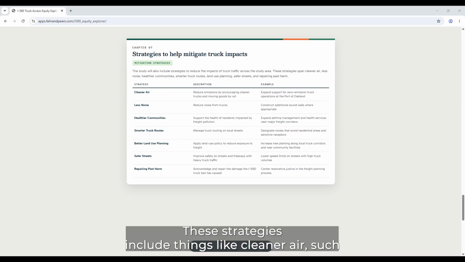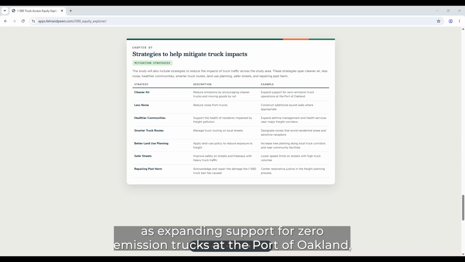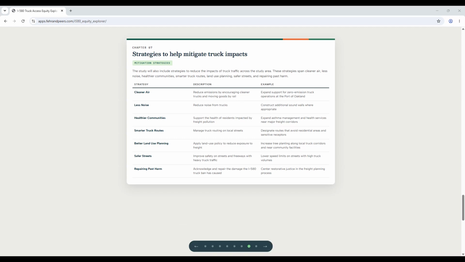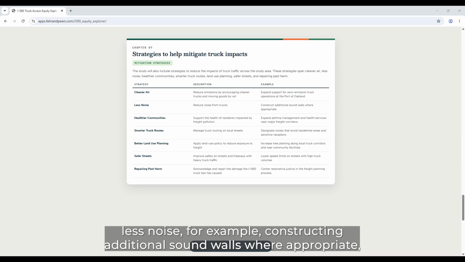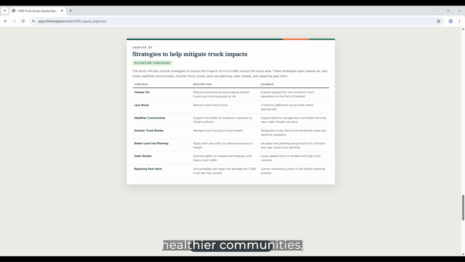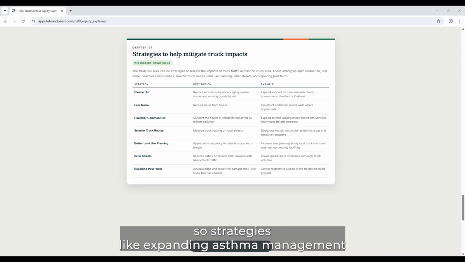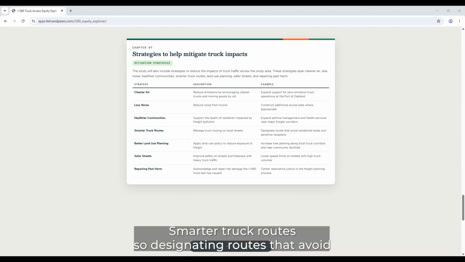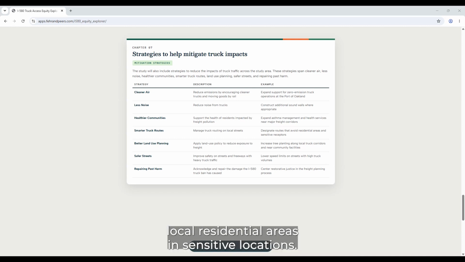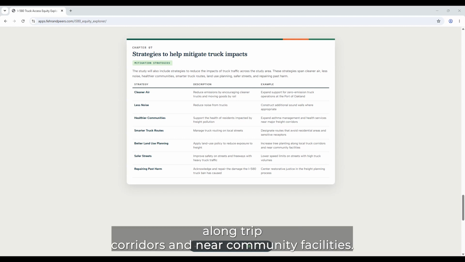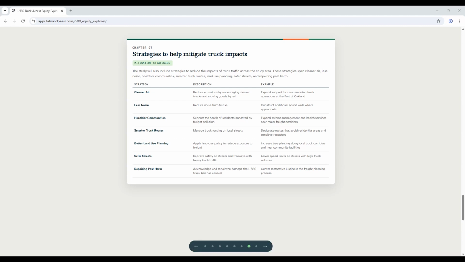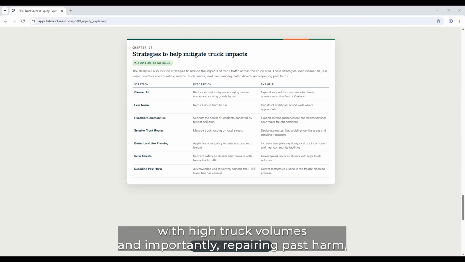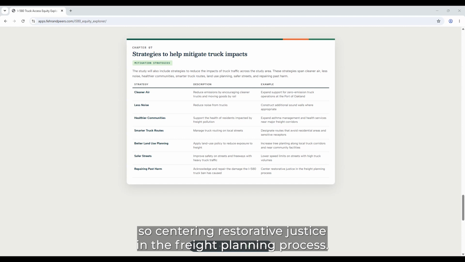These strategies include things like cleaner air, such as expanding support for zero-emission trucks at the Port of Oakland; less noise, for example, constructing additional sound walls where appropriate; healthier communities, so strategies like expanding asthma management and health services near freight corridors; smarter truck routes, so designating routes that avoid local residential areas and sensitive locations; better land use planning, like planting trees along truck corridors and near community facilities; safer streets, like lowering speed limits on streets with high truck volumes; and importantly, repairing past harm, so centering restorative justice in the freight planning process.